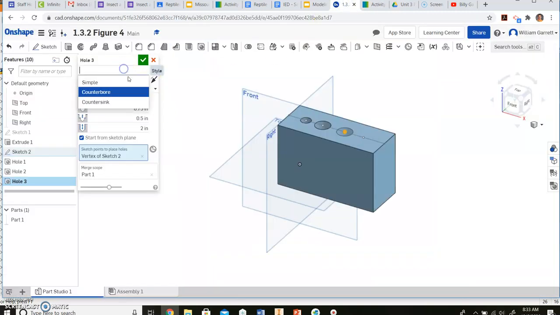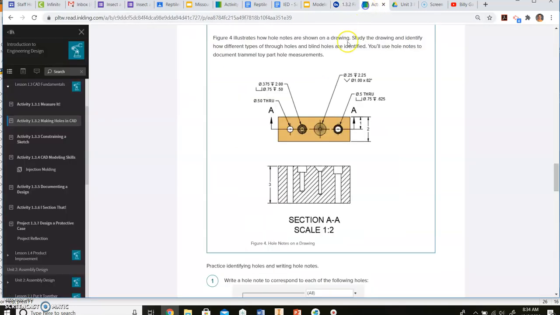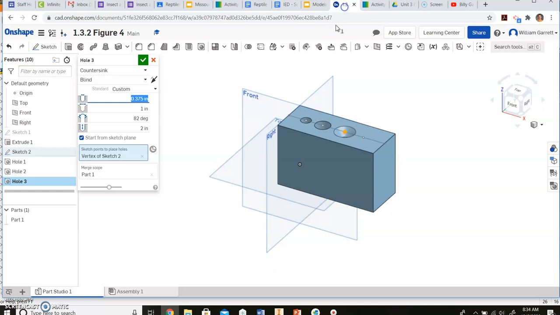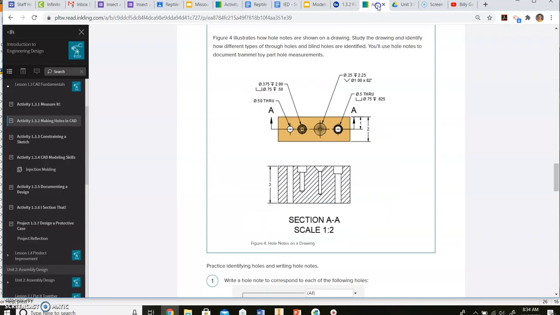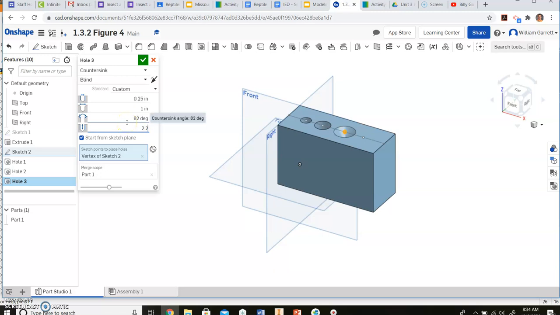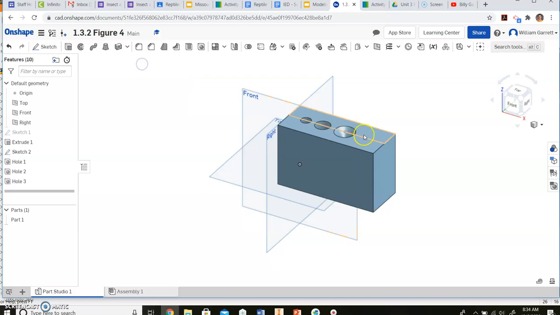We select a countersink for this hole. Again, it's blind. It tells us at the top the diameter is 0.25 for the hole itself. It goes across 1 inch at the top, so we'll set that. It said 82 degrees, so we'll set that. And then the distance down in this case is 1 inch, so 2.25 inches for the total. We hit our green check to accept, and we have that